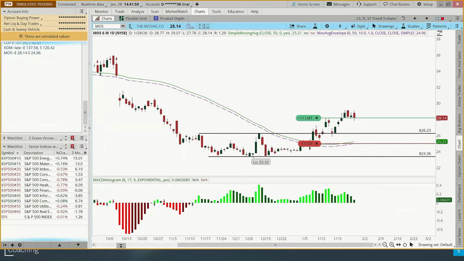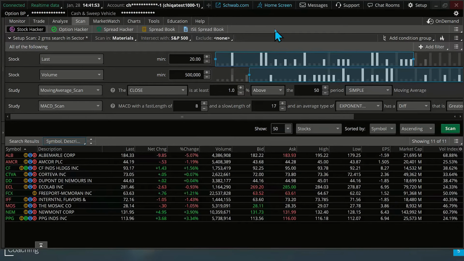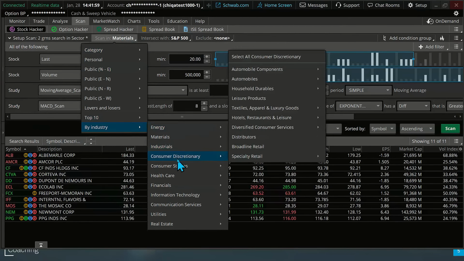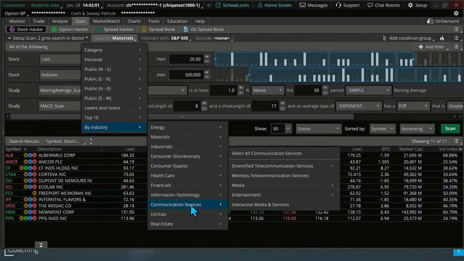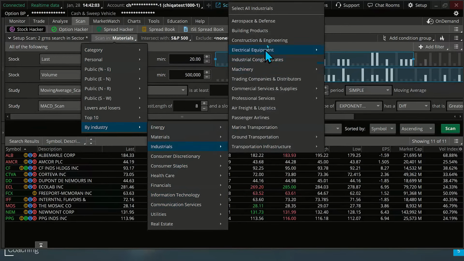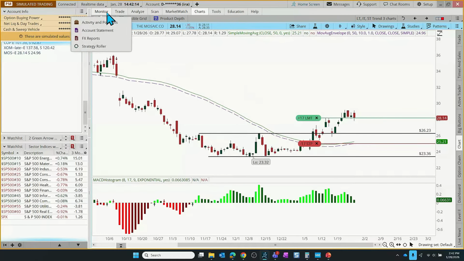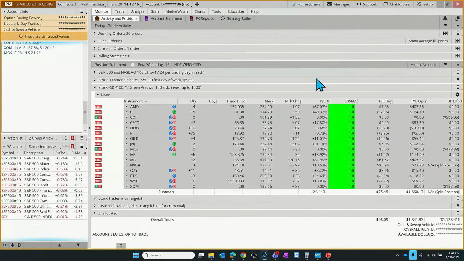Again, the search only works in the live version of Thinkorswim because it has these studies in there. We showed how to scan in different areas. We didn't get a chance to scan in the communication services, but you could do that on your own. There actually was only one stock that came up when I ran it earlier today. And we reviewed those open positions that we have, and I showed you a fast way to do that. So hopefully that's helpful for you today, everybody.